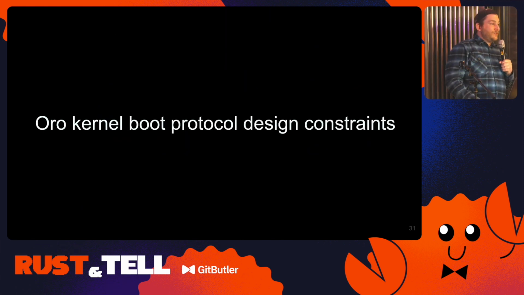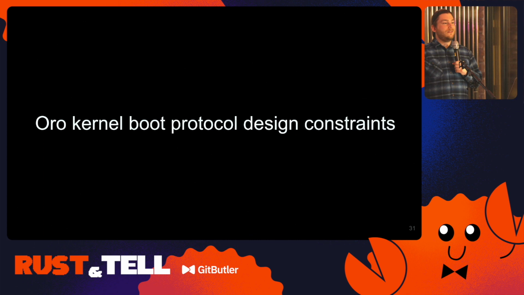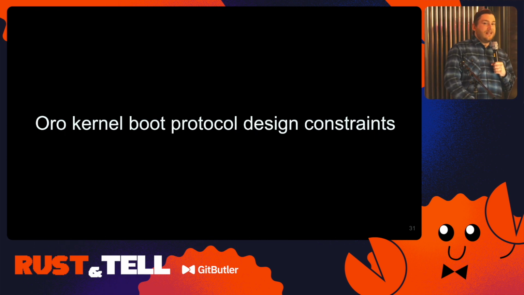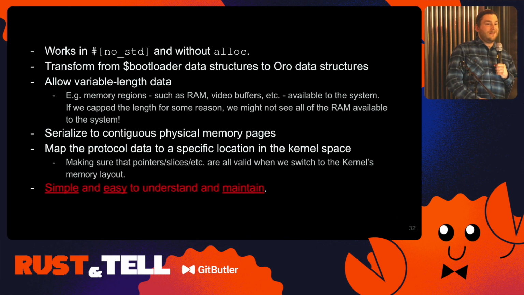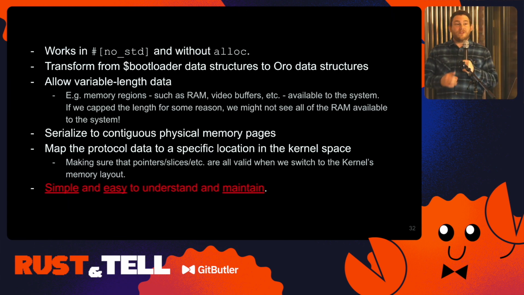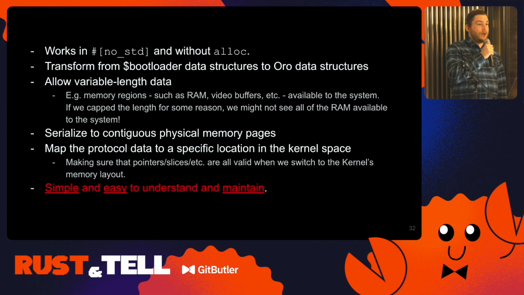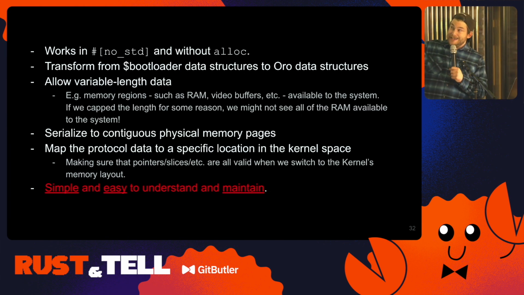So there are many constraints when thinking about designing this thing, and it might not sound that interesting to you, but it gets really interesting when you consider that there are a lot of things different about this stage, this type of booting, or this type of code. We don't have the standard library. There is no standard library. We don't have a kernel. There's no threading. There's no I/O. There's no file system at all. There's nothing, right? So we have to operate within this no STD tag and no alloc.